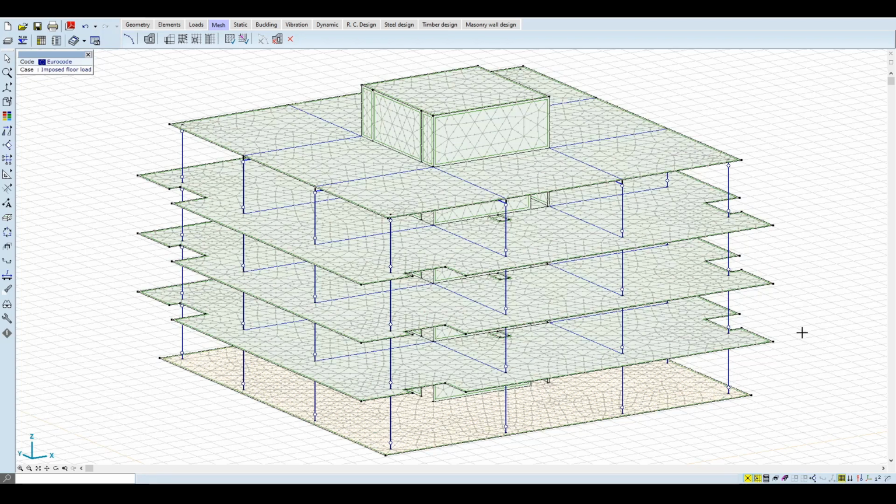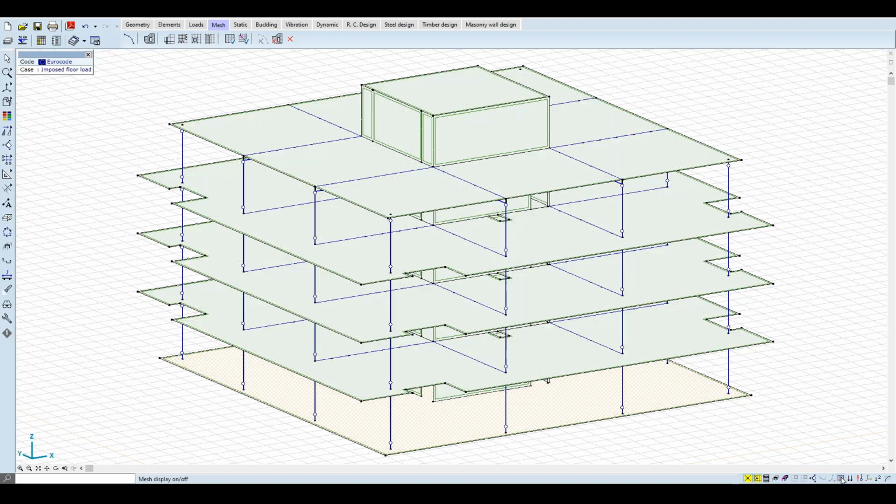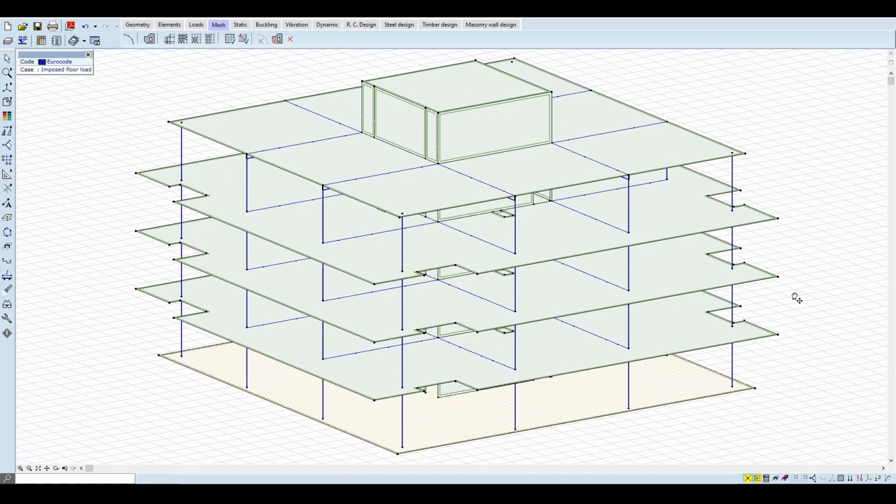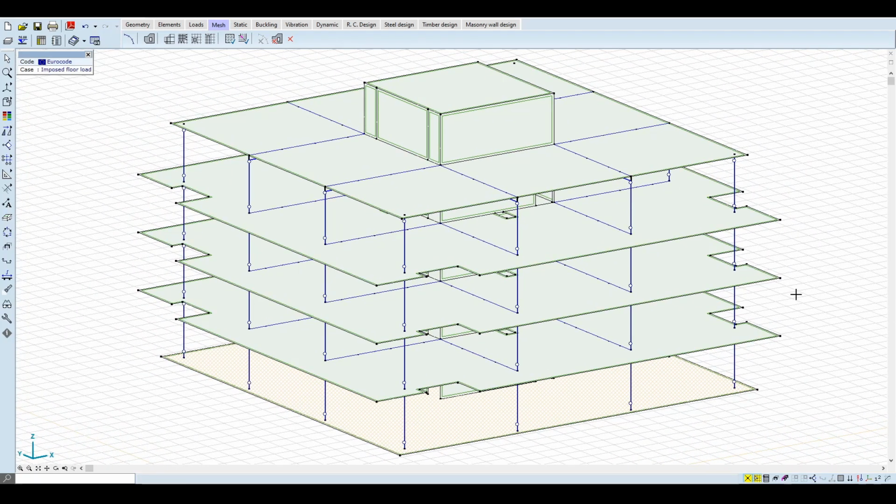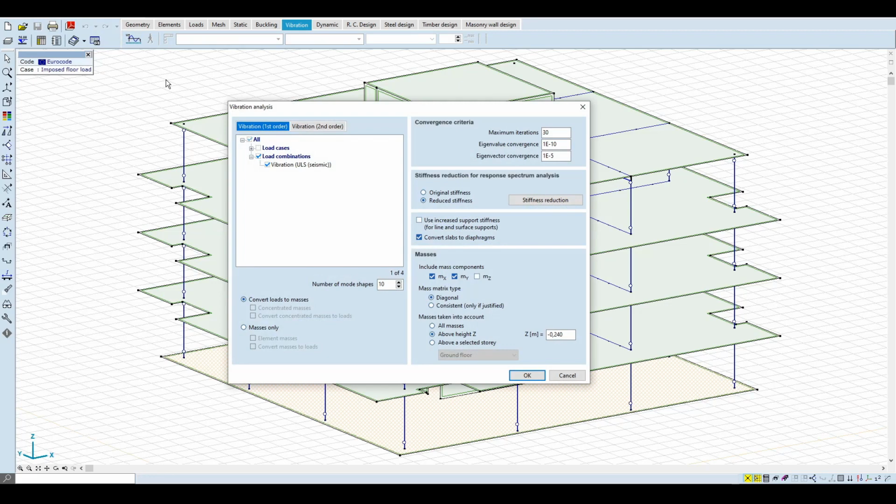If we divided the columns, we would get their local vibration modes as well, which have a low contribution to the global behavior. Due to their stiffness and hinges, the columns will carry only an insignificant amount of the seismic loads, therefore they are not relevant regarding the global seismic behavior. With this trick, we can avoid using hundreds of vibration modes for the analysis, and we can save a significant amount of processing time. Now, we go to the vibration module and set the parameters for the vibration analysis.